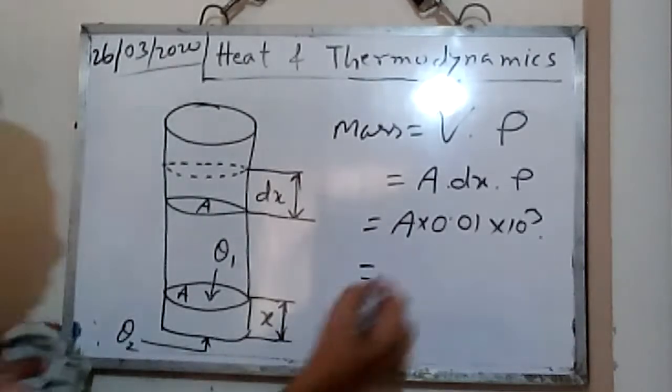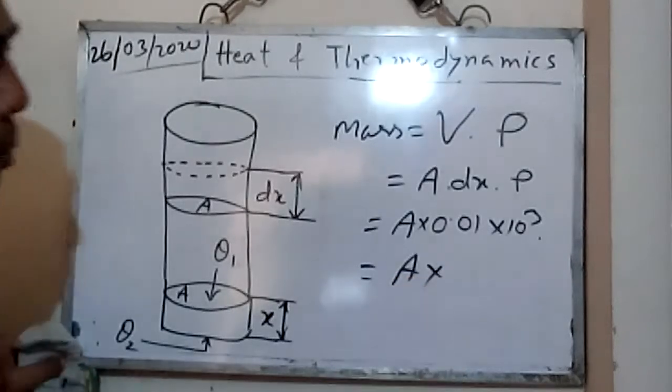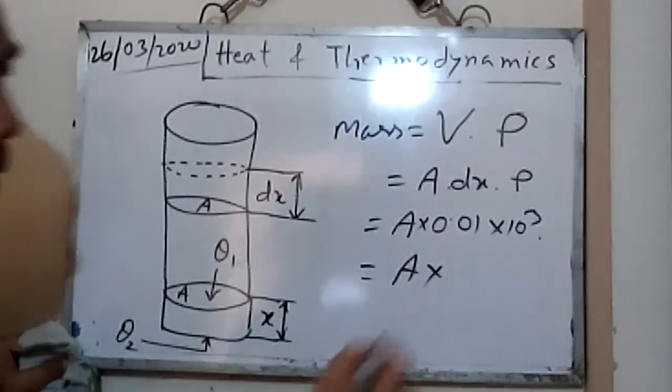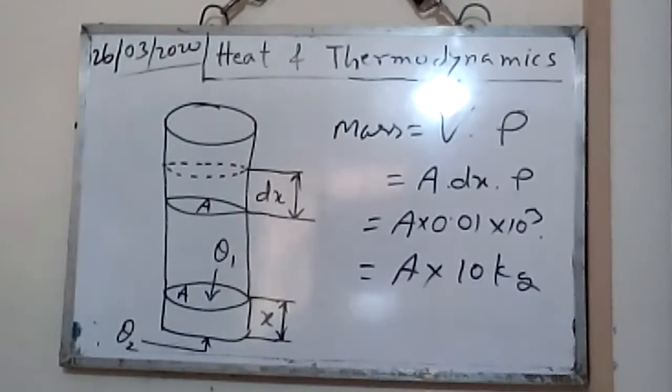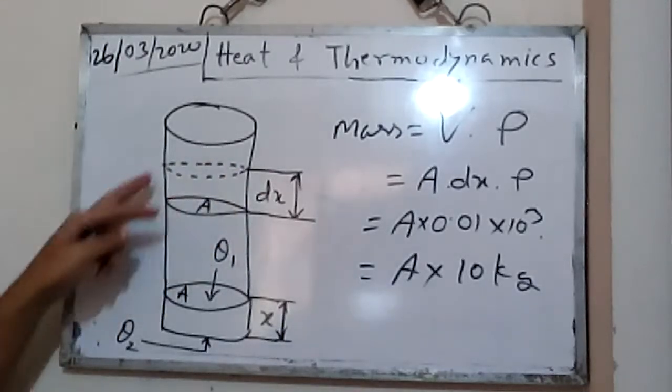Mass is found out, A into 10 kg. Mass is found. Now the heat required to evaporate this amount of water,